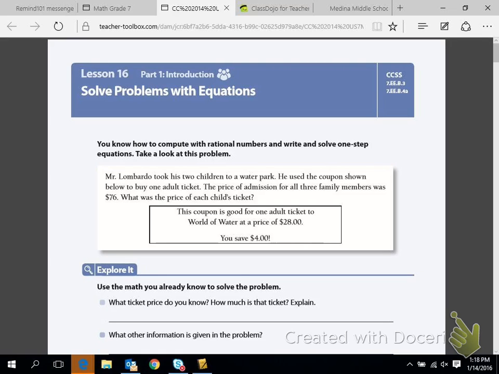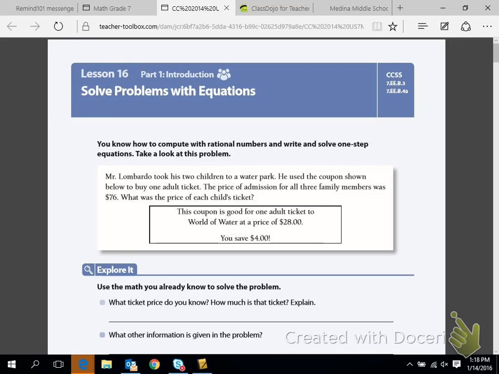Mr. Lombardo took his 2 children to a water park. He used the coupon shown below to buy one adult ticket. The price of admission for all 3 family members was $76. What was the price of each child's ticket? It says this coupon is good for one adult ticket to World of Water at a price of $28, and you save $4. The very first thing that we should ever do when we're given a word problem is identify